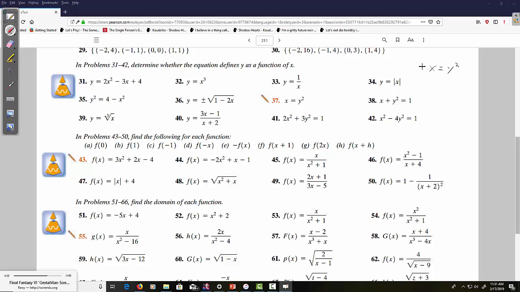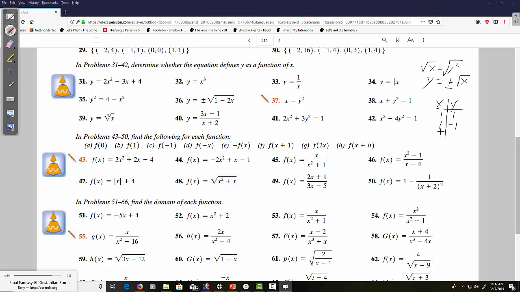If I square root both sides, I will get y, just switching the sides left to right, equals plus or minus. Don't forget, when you take a square root of both sides of an equation, you do have a plus or minus, the square root of x. Now, because of this plus or minus, we're going to have a different result this time. Because now, when I plug in 1, I will get 1, but I also could get -1 because of the